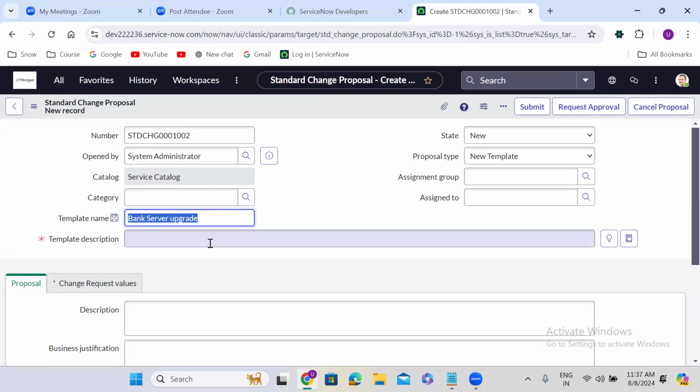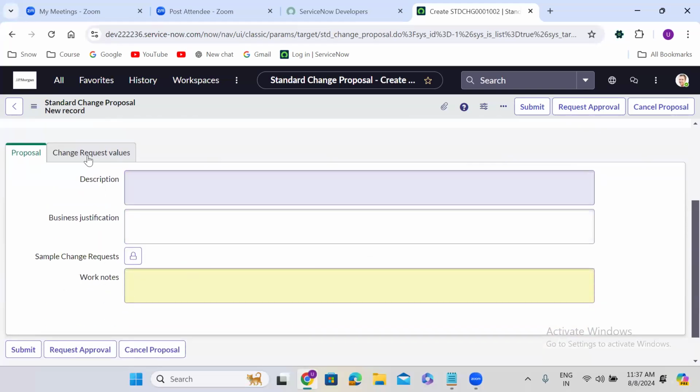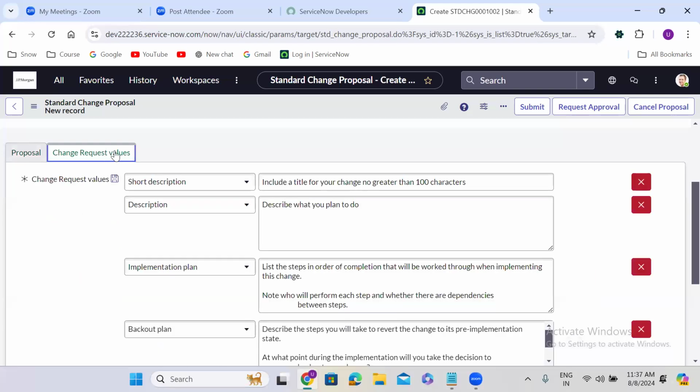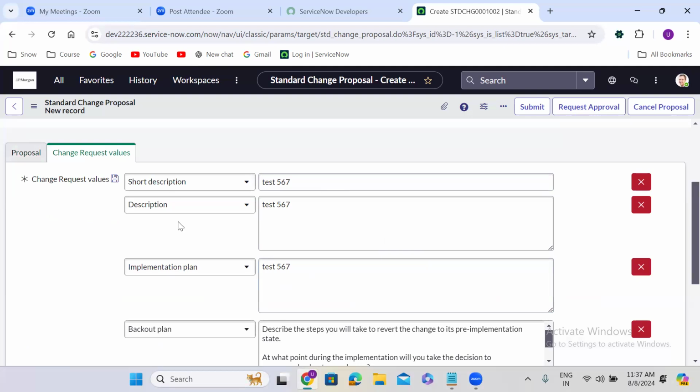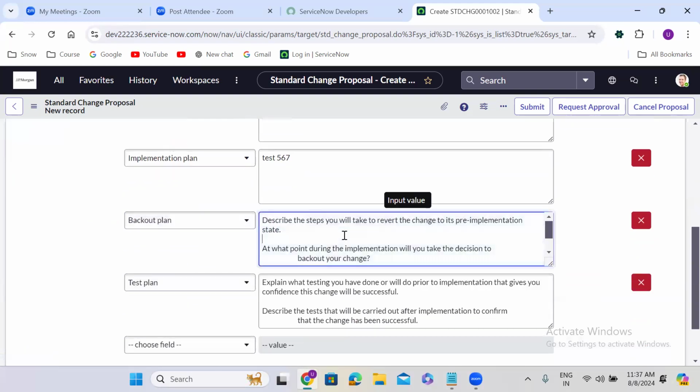Bank server upgrade. You can see change request values. Okay, you'll write everything here: the short description, implementation plan, backout plan,